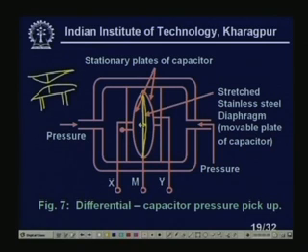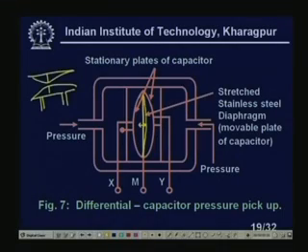You see, these plates will move this side, and the capacitance between X and M will decrease, and the capacitance between M and Y will increase. So, if you put this differential on a bridge, we will see in the next slide, I will get a large bridge balance output that can be converted to a current of 4 to 20 milliampere and transmitted. That 4 to 20 milliampere of current corresponds to 3 to 15 psi of pressure, right. That is the reason I am saying stretched stainless steel diaphragm, movable plates or capacitors.